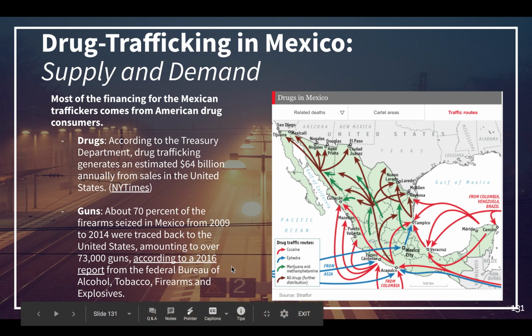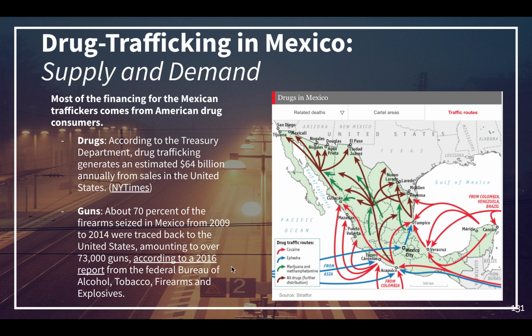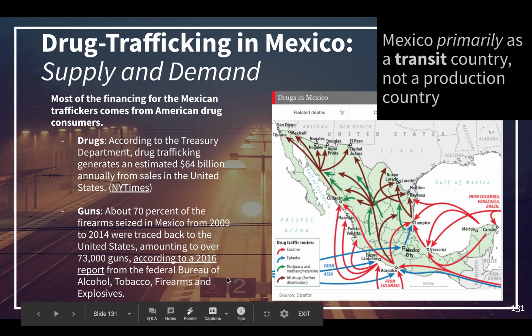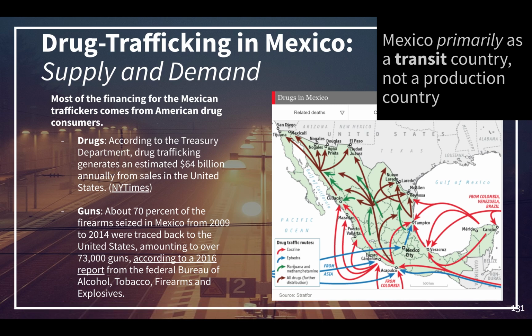And again, it is much easier to purchase firearms legally in the United States than it is in Mexico. We are also talking about the illegal sale of firearms. So those numbers are also difficult to completely pinpoint. Okay, but still these studies are very important. They do as best as they can to accurately report this data. And so the Bureau of Alcohol, Tobacco, and Firearms is really legit, so it's worthwhile to check out that study. Another thing that's important for us to realize is that